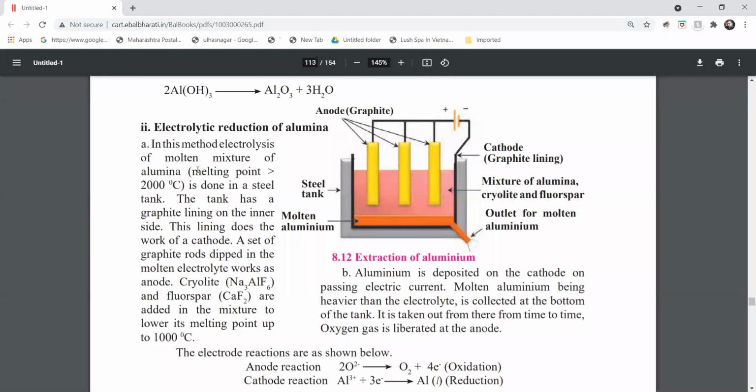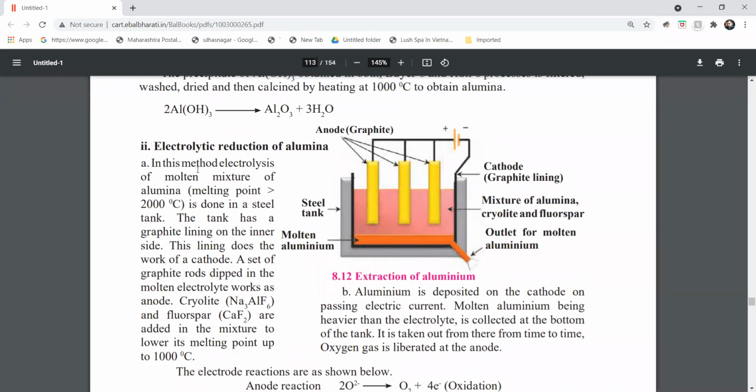So you need to understand this. Alumina is obtained by calcination of aluminum hydroxide. Aluminum hydroxide is obtained by a leaching process, through either Bayer's method or Hall's method. Bayer's method uses sodium hydroxide. Hall's method uses sodium carbonate. In both scenarios, the ore is ground or powdered, and then it is treated with the reagents, water is added, and it is cooled down and filtered. You get aluminum hydroxide, and then you calcine it by heating it, and you get alumina.